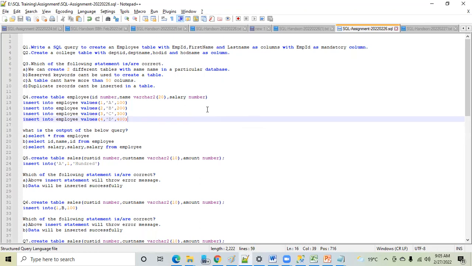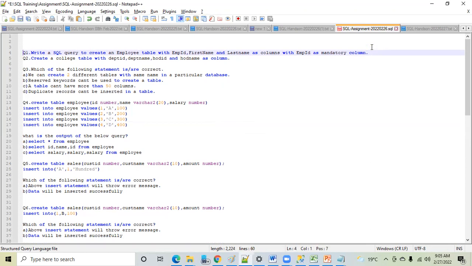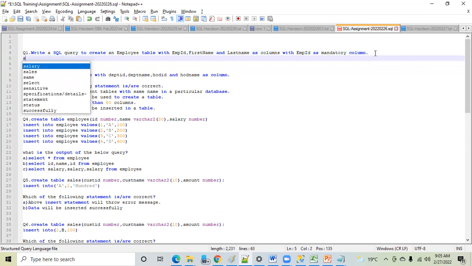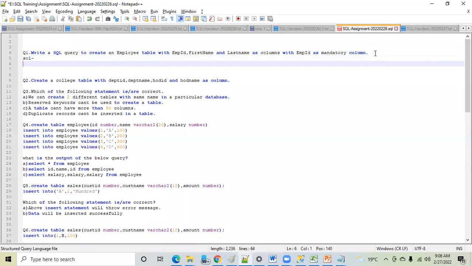But whenever you are sharing the assignment, there are some formats I will tell you. First of all, don't save this in .sql format. Please save this in .txt format, and then send it to me. Whenever you are sharing your solution, for question number 1, write your solution, and below that, write the solution of whatever you have done, and save this file with your name,